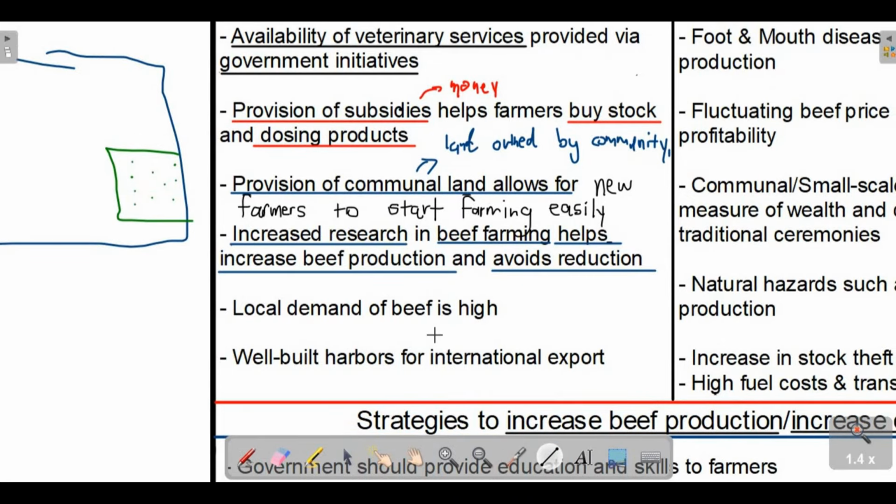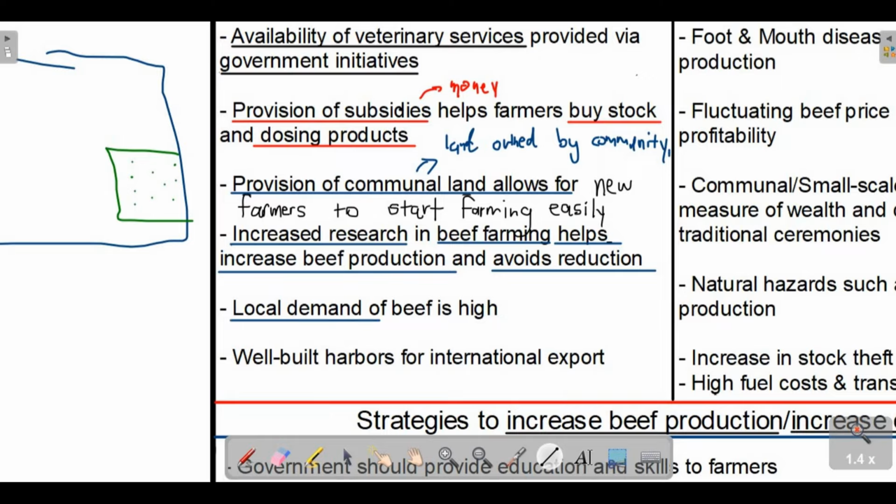You have a lot of diseases, you have a lot of pests, animals can get mineral deficiencies, and so on. So it is important that research is done and that solutions or strategies to issues that are constantly faced by the farming industry are communicated to the